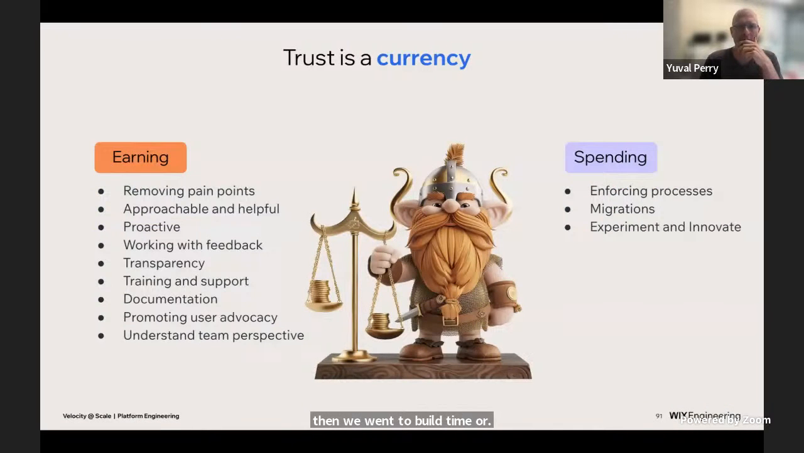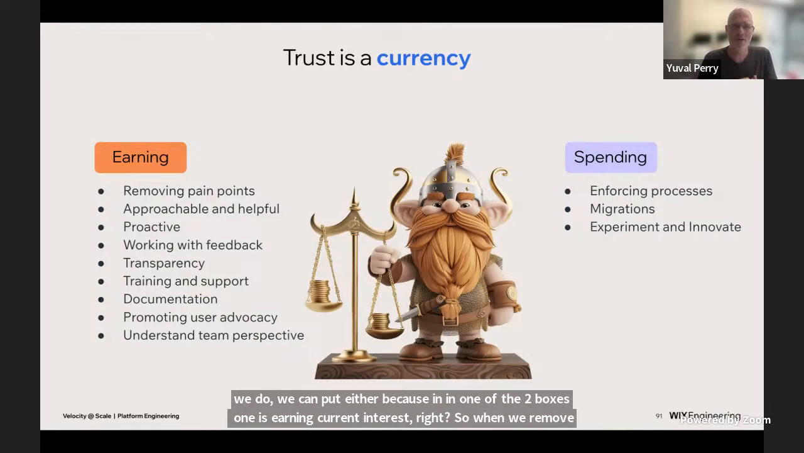And the last concept is that trust is a currency. Right now, once we release the new solution, we have 1,500 microservices already written in the new solution. And we learned that, again, this is a talk about how to build platforms and not as a client of a platform, right? We learned that everything that we do, we could do in one of two boxes. One is earning currency, earning trust, right? So when we remove pain points, when we are approachable and helpful, when we are transparent,